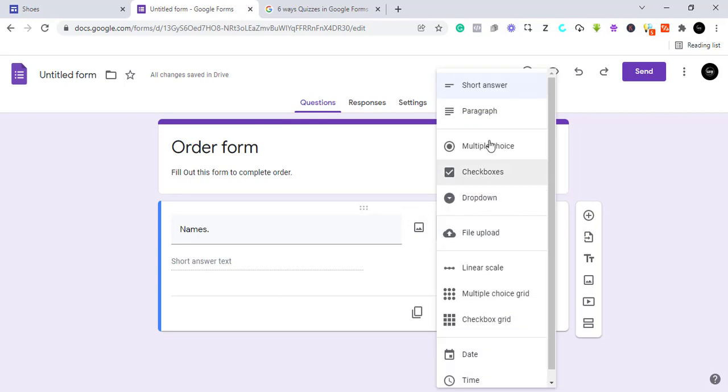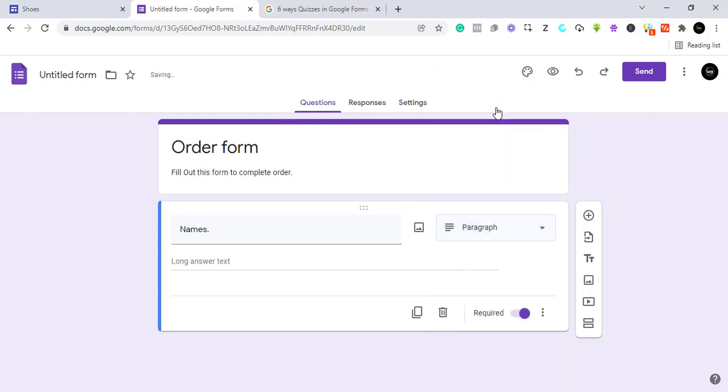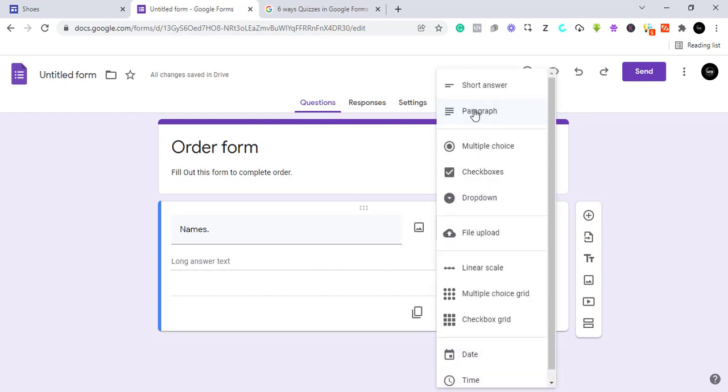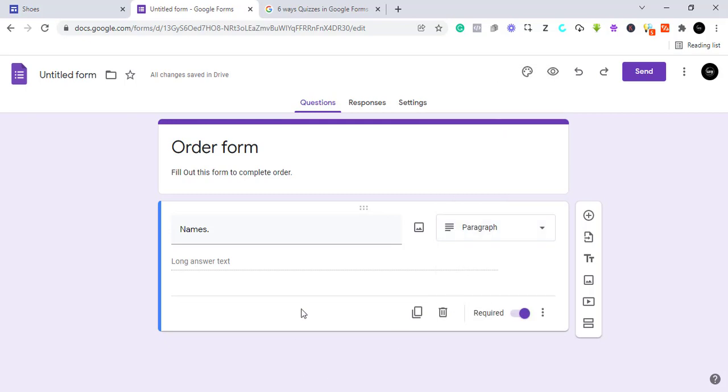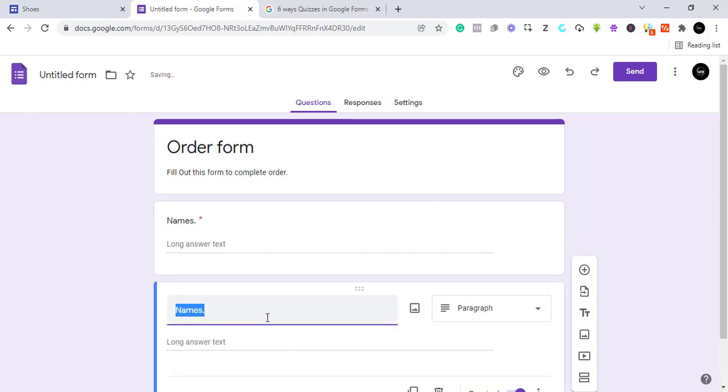So since this is a name, we need to give them the opportunity to write as much as they want because we don't know what their name is. So you come here where it says paragraph. This means they can write as much as they want. Long text answer. If you keep it as short, that means the box will be very short for them. So we are giving them the liberty to write as much as they want. All right, so now we can duplicate this,